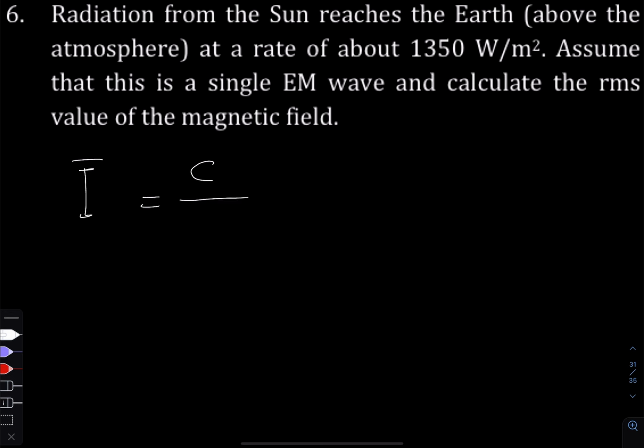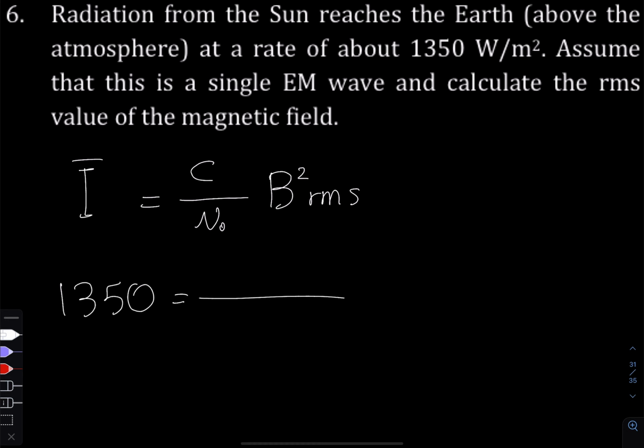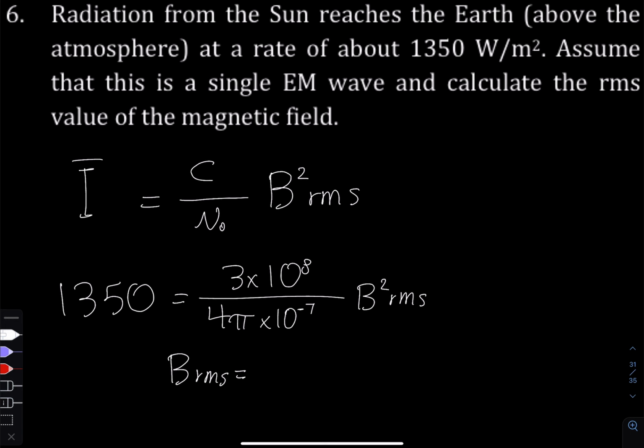So this is what it looks like. They've told us the intensity is 1350. Speed of light is 3 times 10 to the 8th meters per second, and then this little mu-naught thingy, that's the permeability of free space, 4 pi times 10 to the negative 7. So if we solve for RMS magnetic field,